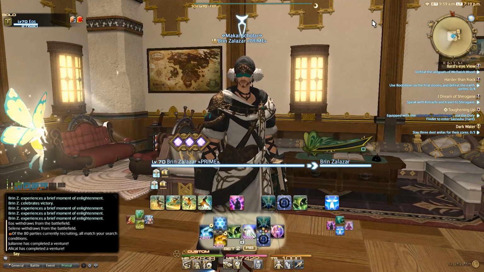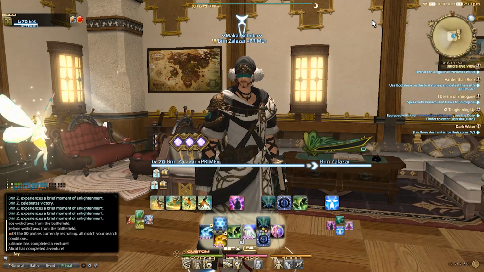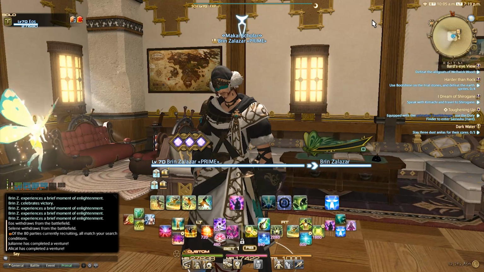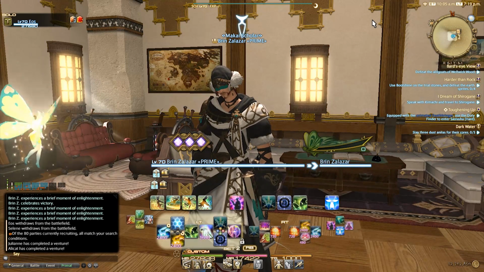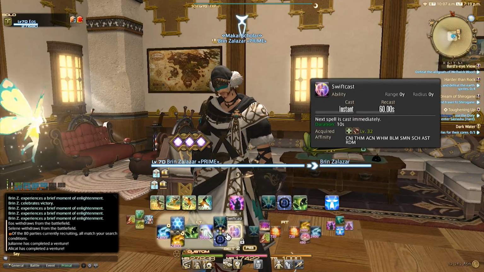Now I also use the extended cross hotbar, and this is where I have Protect, my 2 summon abilities, my Exo ability, my Resurrection, Aether Pact, Swift Cast, and Chain Stratagem. You can see that since I don't typically see a lot of these abilities, that's why it's really important that they're on that top hotbar. Now I set mine to hotbar 2, and you can see that this is the exact thing. So whenever you pull it up, that's exactly what gets pulled up.